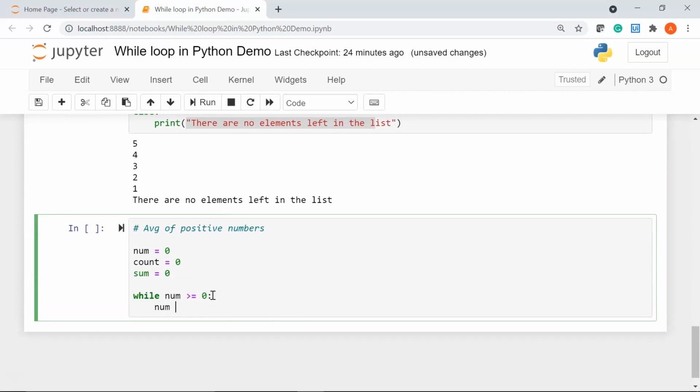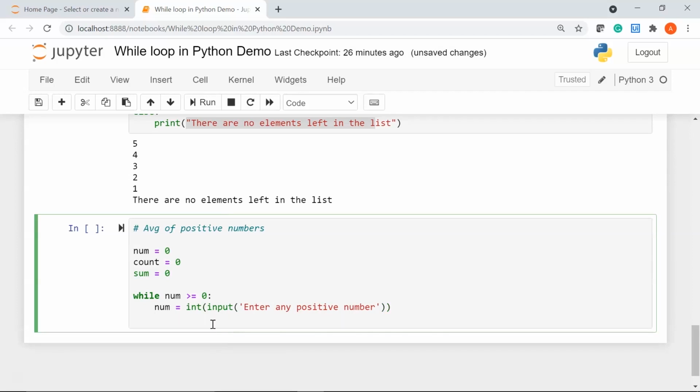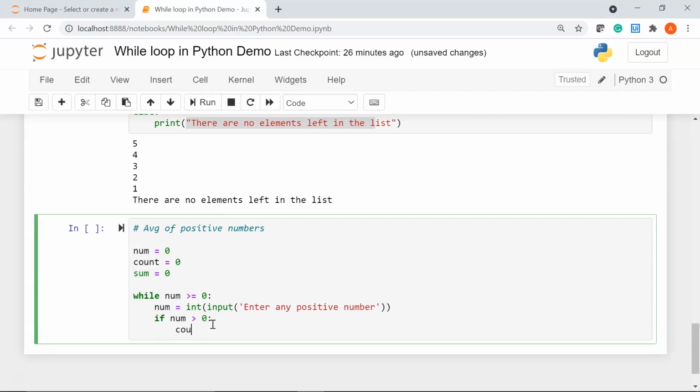I'll say num equal to, I'm going to take the positive numbers from the user. So I'll pass an input function. I'll say enter any positive number. Then I'm going to say if my number is greater than 0, I'll say count equal to count plus 1.